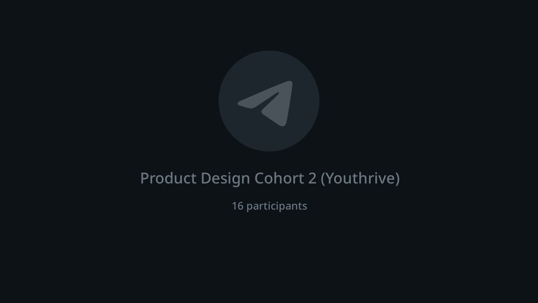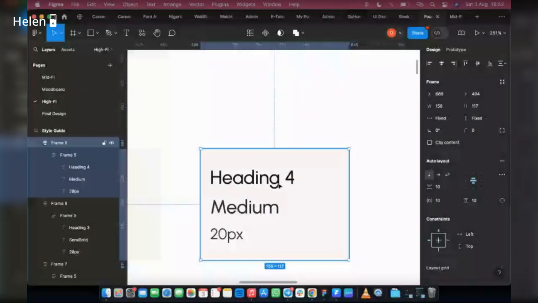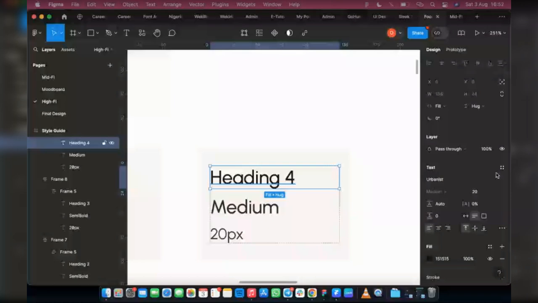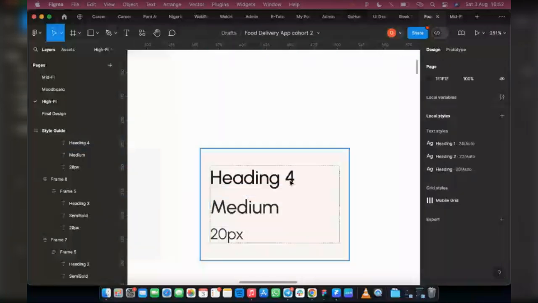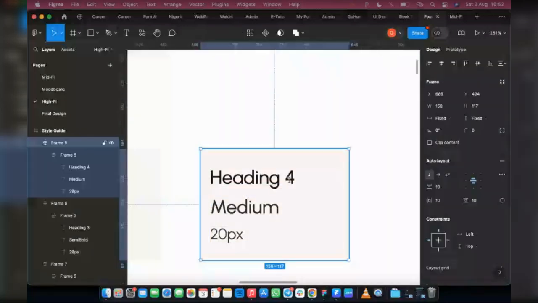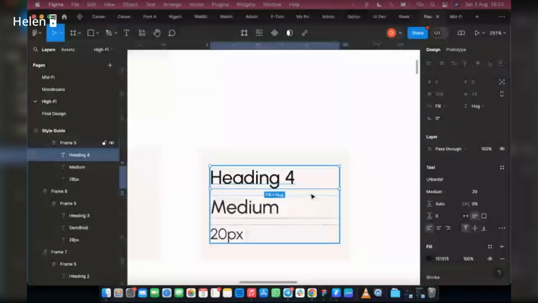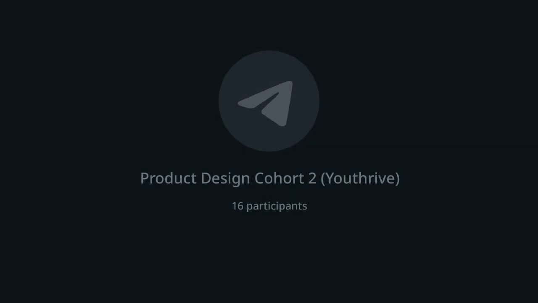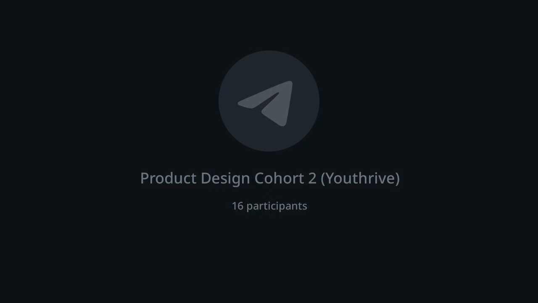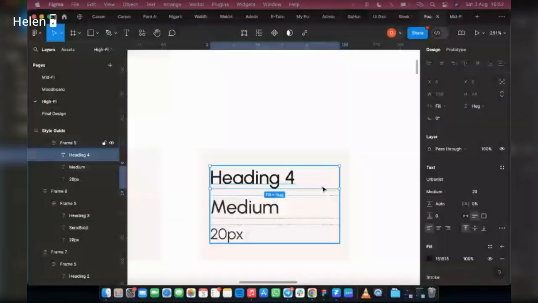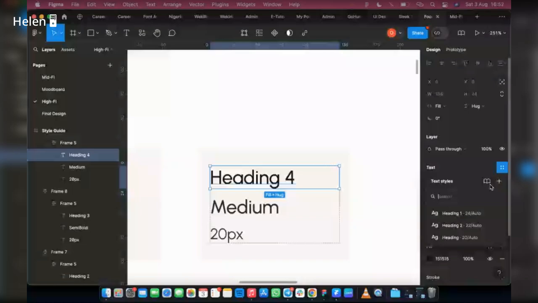Before you continue, when you're doing that, make sure that when you click on this particular text, this is for heading 4, this is medium and 20px. Be sure that it's actually the same thing that is here to avoid double mistake. So you just come here, click on that plus sign, and then name it heading 4. So once you click on this one,